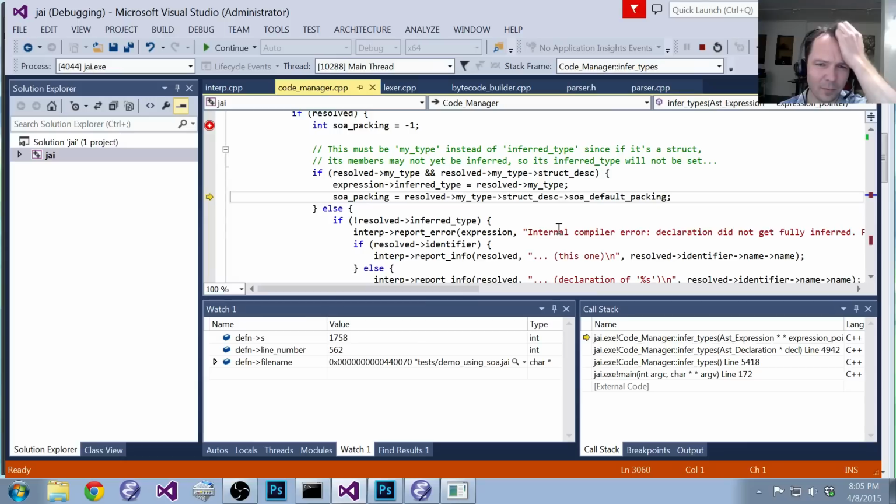Okay. See, if statements always make things complicated. I even have to think about what this one means. So you want as few as possible. So we're saying, okay, it's setting it to the default on the struct, which does not make sense in this case. I don't know why it's doing that. But it's doing it because,